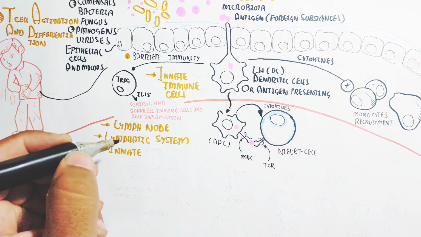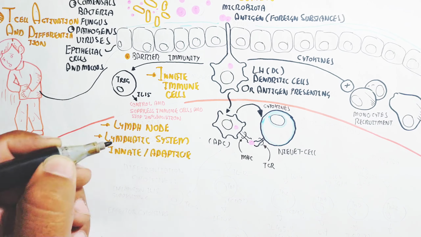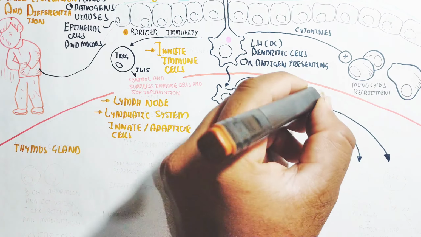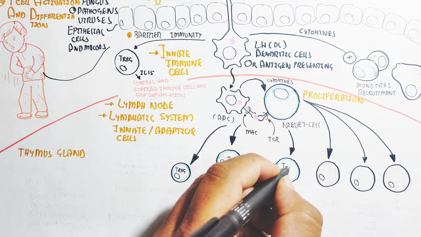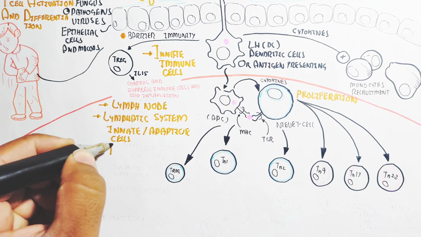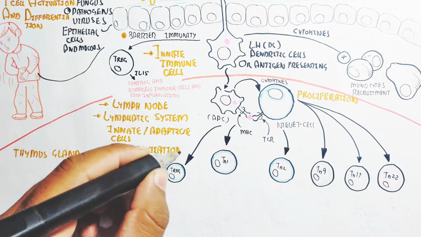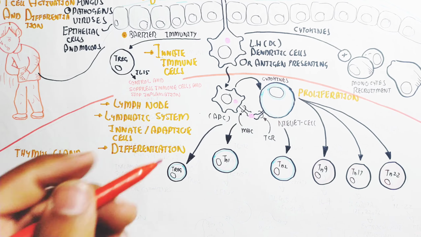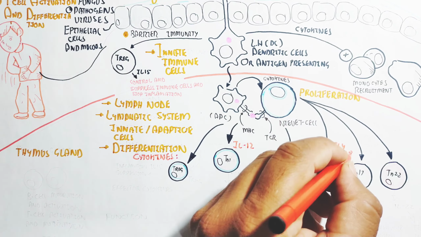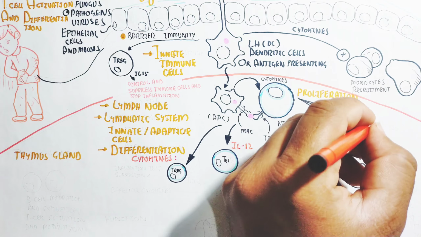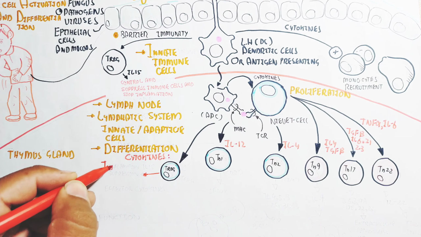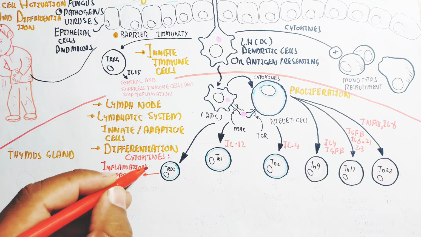The naive T cell will proliferate, and in this way the adaptive cell will proliferate into different types of cells like the T regulatory cell, and T helper 1, 2, 9, 17 and 22 cells. These cells are prepared through the production of interleukin 12, interleukin 4 and transforming growth factor beta, interleukin 6, 21, 23 and tumor necrosis factor alpha. T helper cells are also recruited by the naive T cell or the